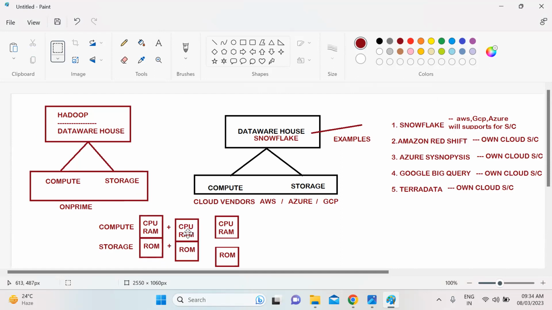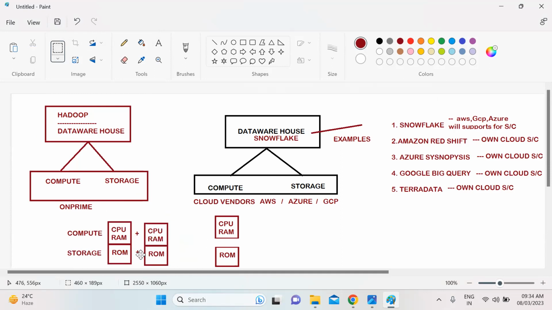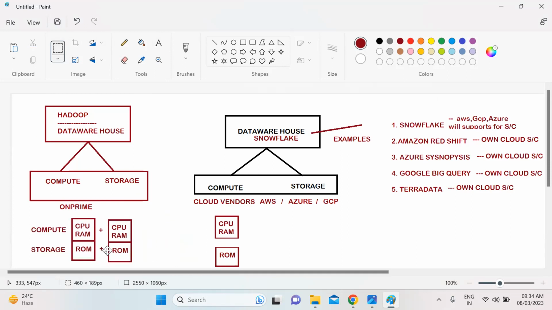You need to increase like this in the on-prem. Got my point?